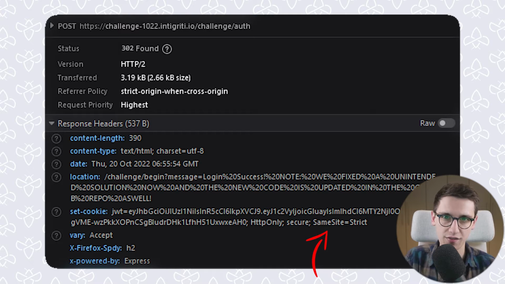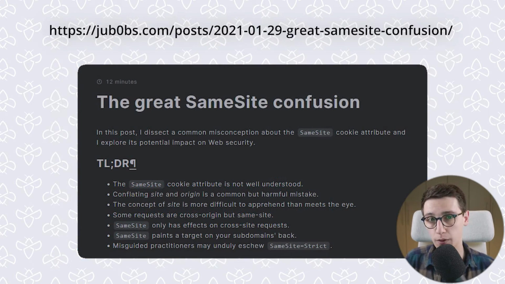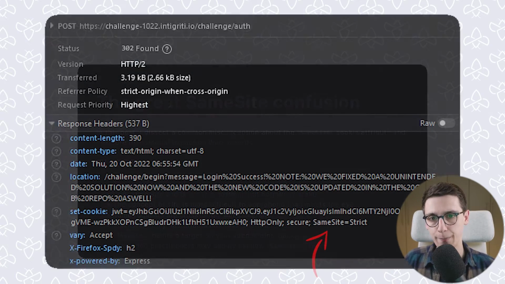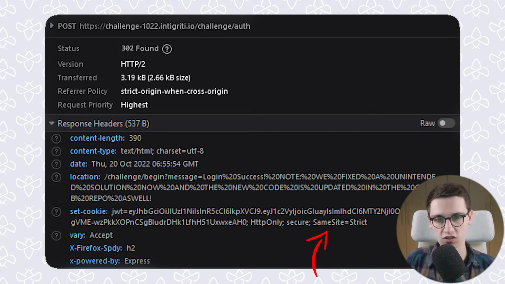However, there is a very subtle difference between cross-site and cross-origin. And if you're not familiar with SameSite, or you don't know the difference between same origin and same site, then I would highly recommend reading this blog post by JobOps. But okay, what does that mean for us, that subtle difference? Well, we are allowed to use previous XSS challenges. And that means we can bypass SameSite Strict, because